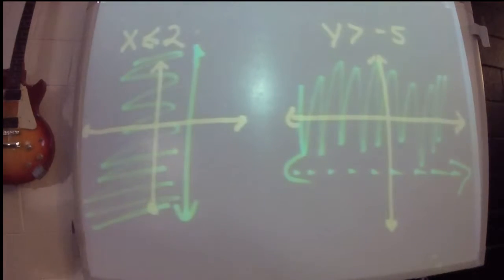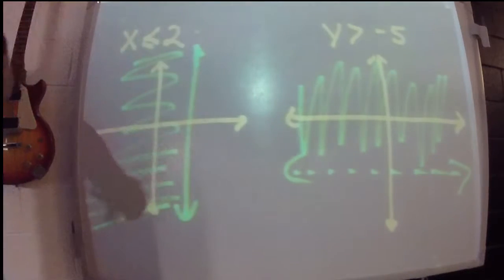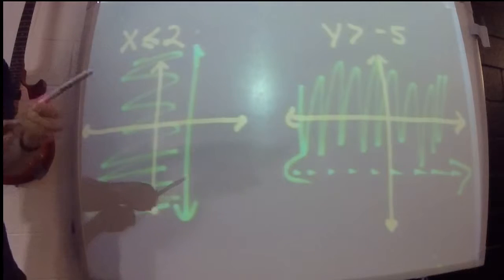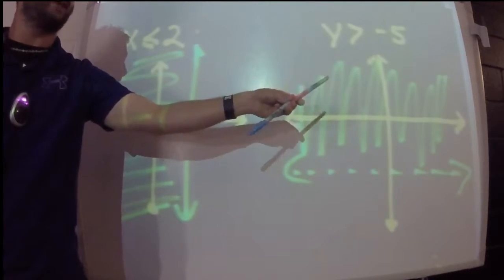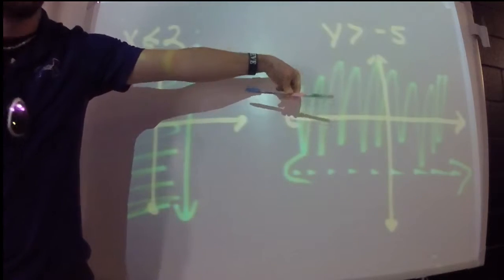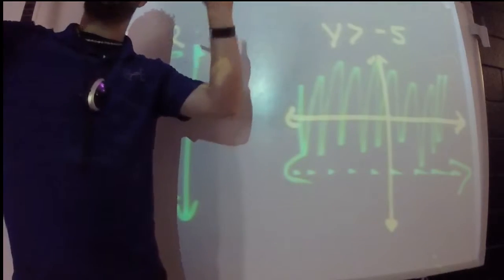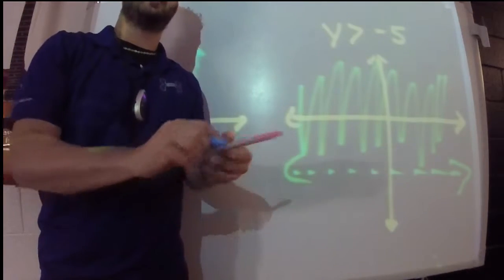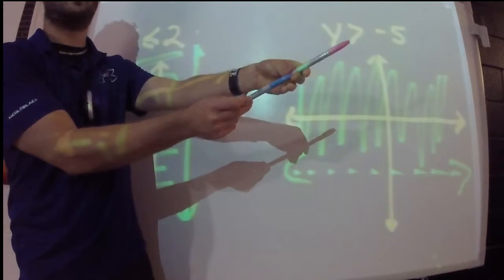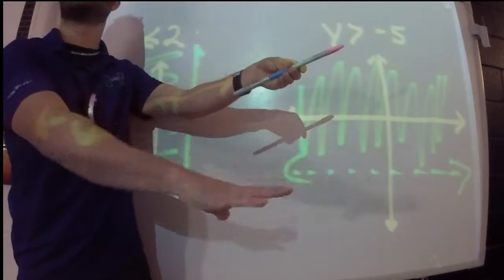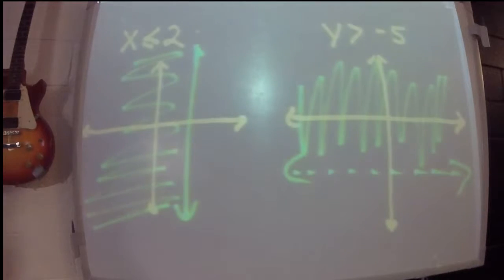Now those were kind of special cases because I only had an x or I only had a y. If you have both x and y, you're going to have some sort of slant or some sort of slope. So it will look something like this. It won't be perfectly up and down, or it could be negative and be like this. Your greater than shades are going to be above, and your less than shades will be below. So if my line ends up being like this, and I said greater than, I would shade above, and less than I'll shade below. You've done this before in Algebra 1, but what we want to do with this objective